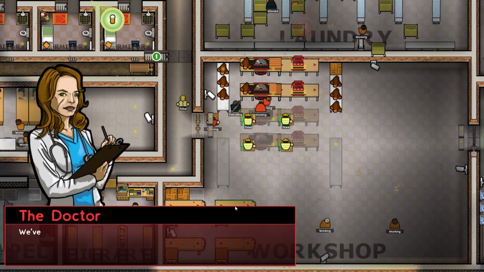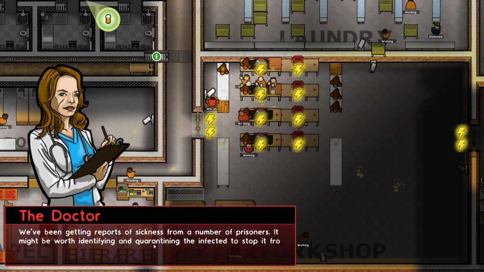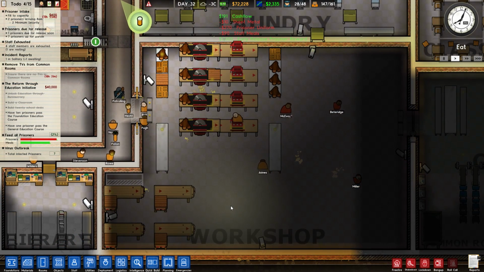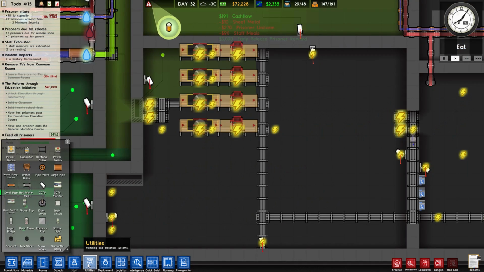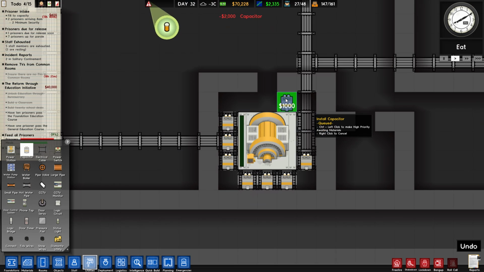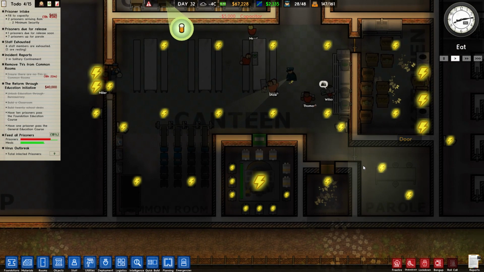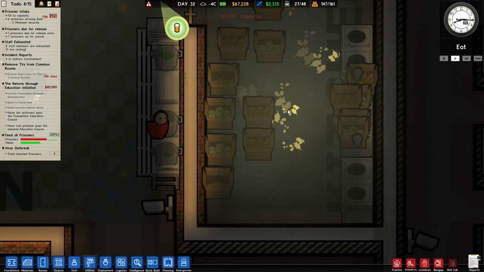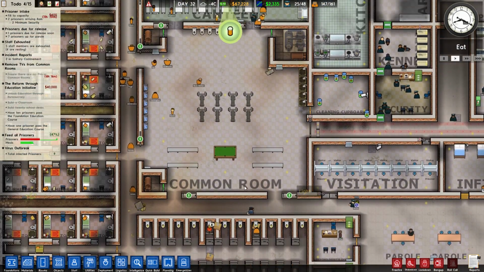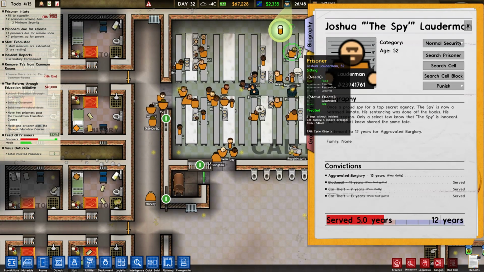Oh, the doctor. We've been getting reports of sickness from a number of prisoners. It might be worth identifying and quarantining the infected. Okay. How am I going to know who's infected? Oh, jeez. I really need to think about power before I start plugging in new devices. Don't I? That's fine. How am I going to know who's infected? Is this vomit going to tell me who's infected? Or can I just see? Like, if I look at dudes as they walk around, and I'm...